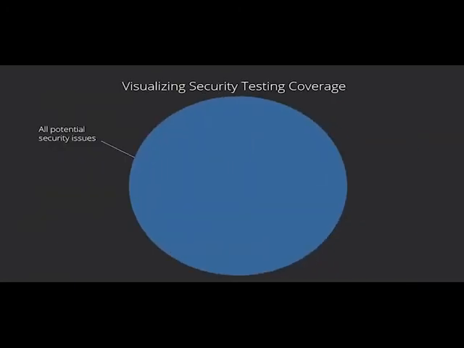So let's visualize what we are not covering. If we consider this blue or purple circle to be all the scopes of security issues that could exist in our software, and we apply a test, it could cover a portion of those security issues. It might also be testing for things which will never exist in our software, for example, a WordPress security test on a system that doesn't use WordPress. If we bring in other commercial tools, we can cover more of our Venn diagram of what issues could exist in our software, and maybe some that don't.